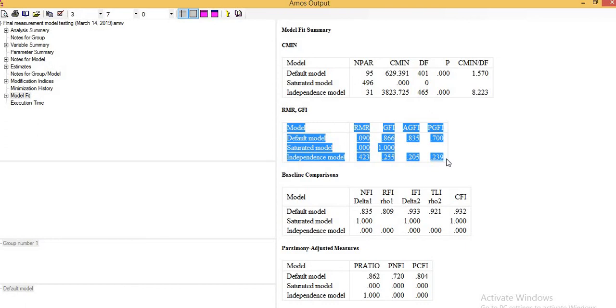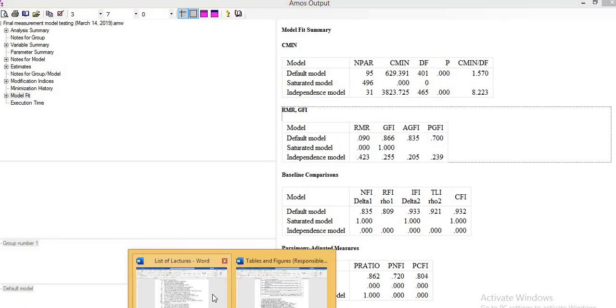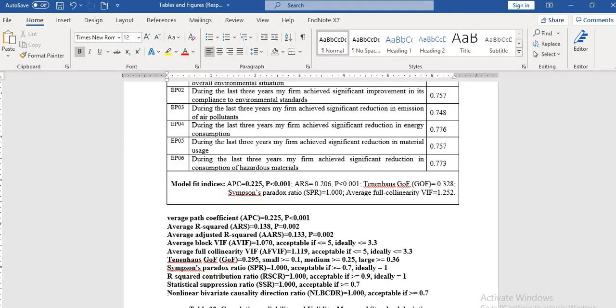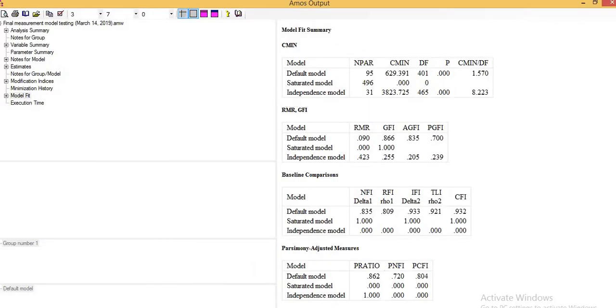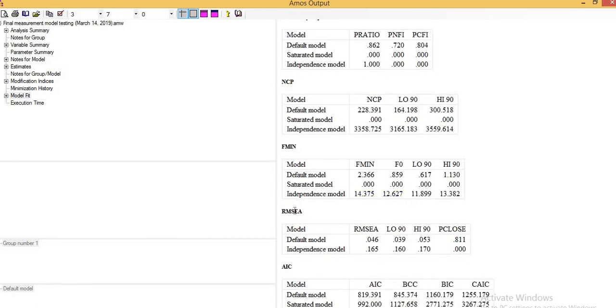the whole table actually. Control C. So here I can put it down here. Yes, it is allowing me to copy and paste the whole figure. So this is the way I can report these figures here, and then at the end I can show the way where you can find the value of RMSEA.